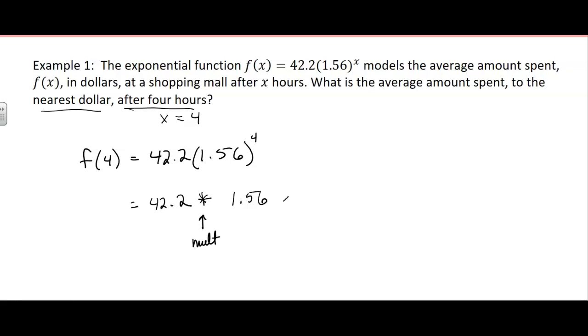And then my calculator has this button. That's the exponent button. So I think we've used these all before, but just to go over it. And then I'm going to put 4, and then I'm going to hit enter. So mine says enter, or it could say equals. I think my button says both actually. Okay, so I plug that in, and I'm rounding this to the nearest dollar. Now I got